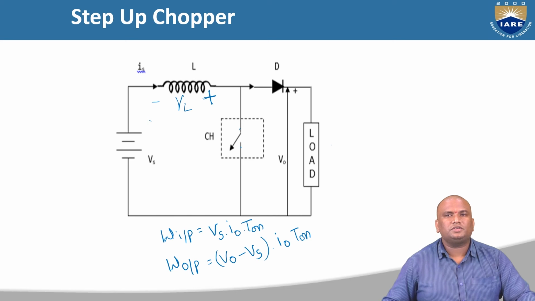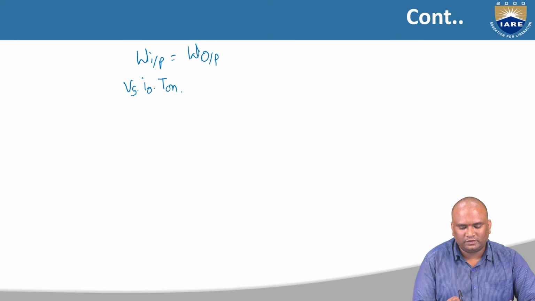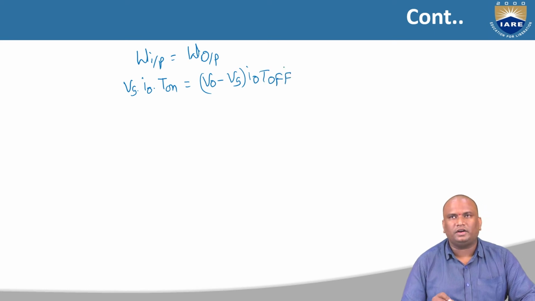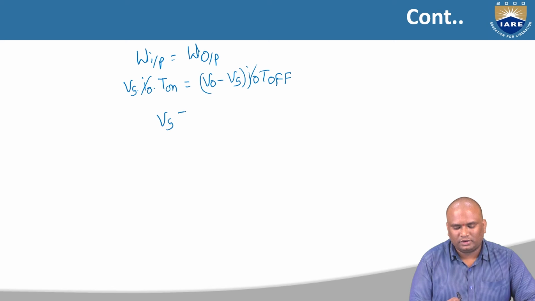So energy input is equal to energy output. Energy input is equal to energy output, which is equal to Vs into I0 into T on, equal to (V0 minus Vs) into I0 into T off. This is during the off condition period. So I0, both currents are the same, both cancel. Vs into T on is equal to